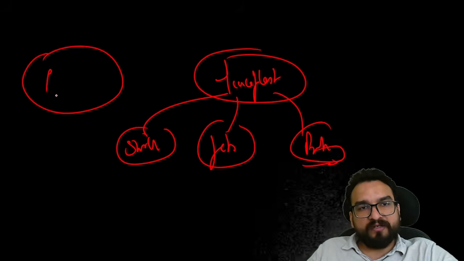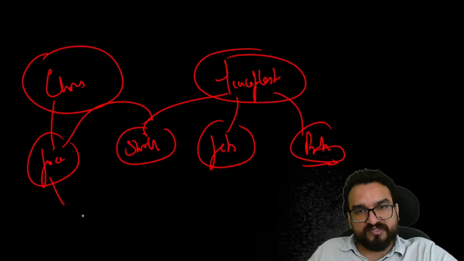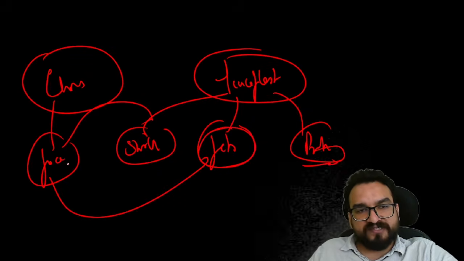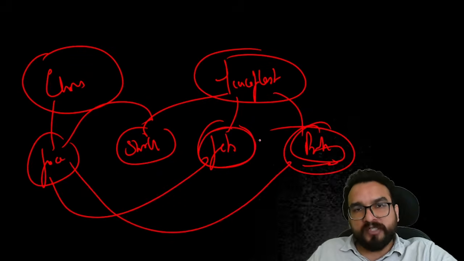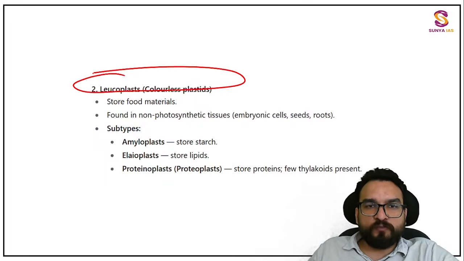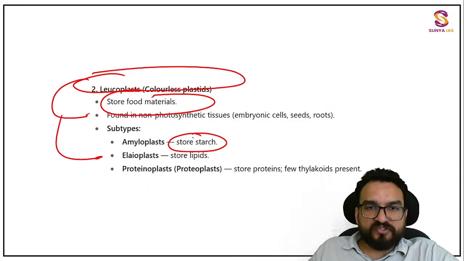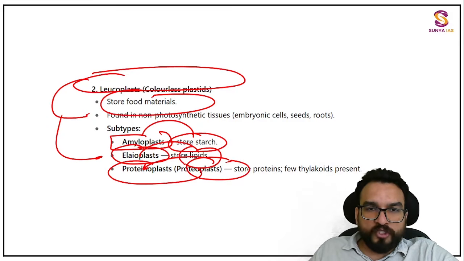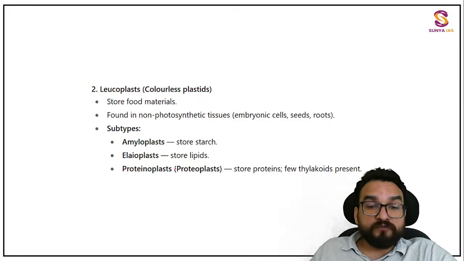Because over here in chromoplast, the food is being prepared. Now food can be stored in the form of starch. Food can be in the form of fats, and food can be converted into the form of proteins. So all these things over here you will be finding under leucoplast, helping in storage of material. And how will it be storing? If it is storing starch, amyloplast. If it's storing lipids, elaioplast. If it's storing protein, proteinoplast. Amylo, elaio and proteinoplast you will be remembering.